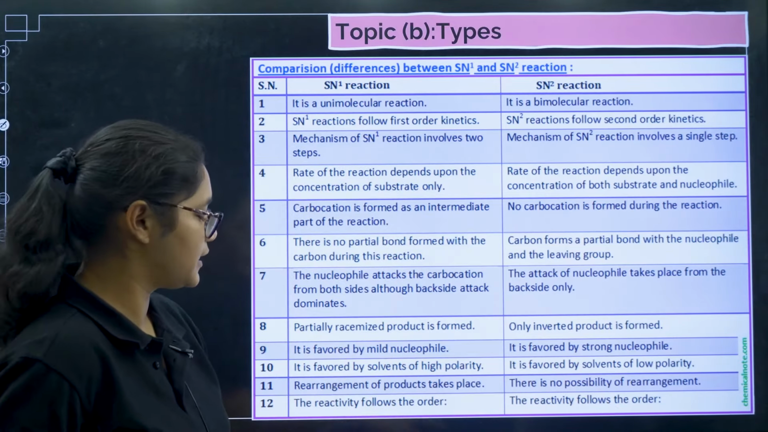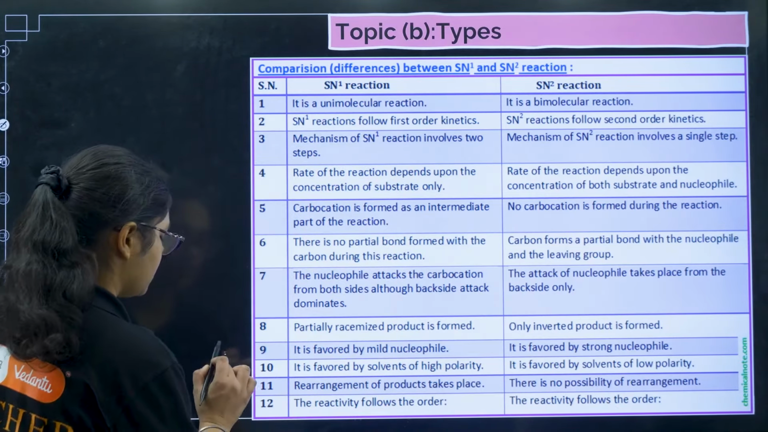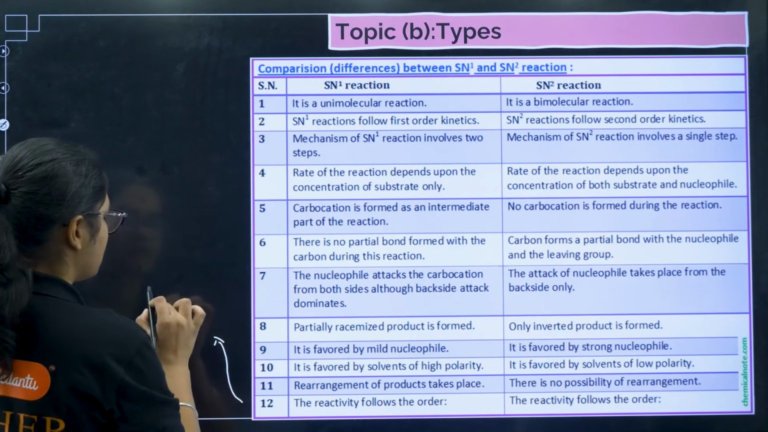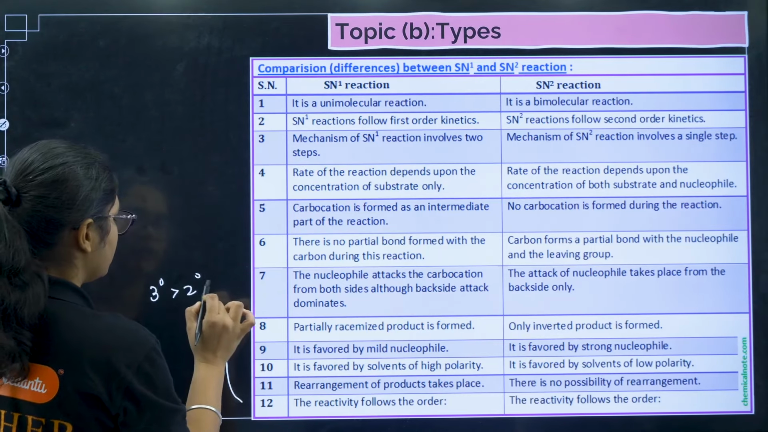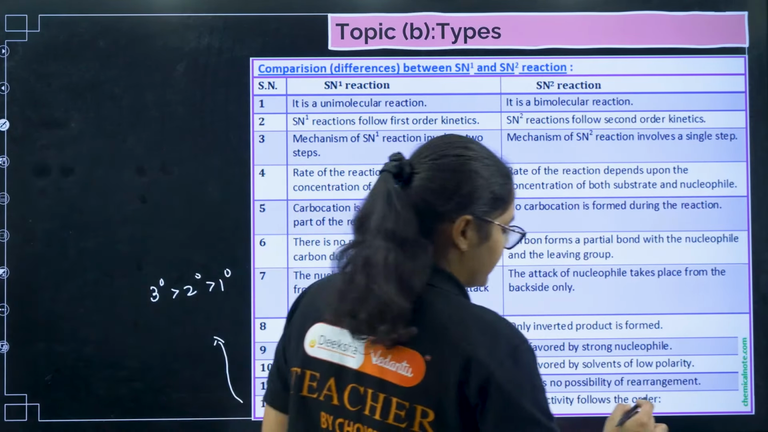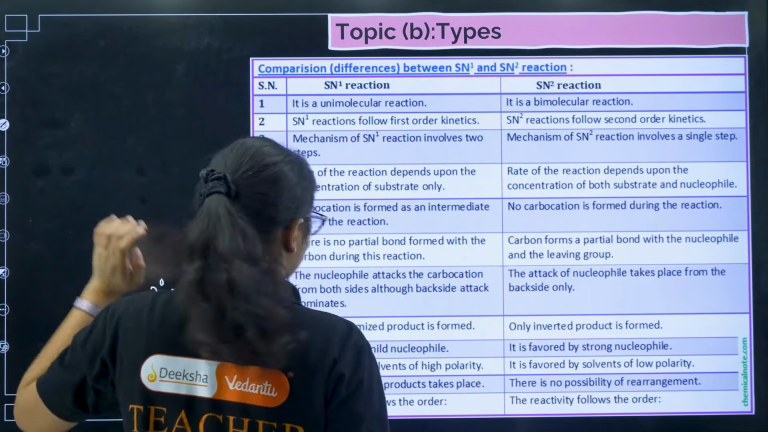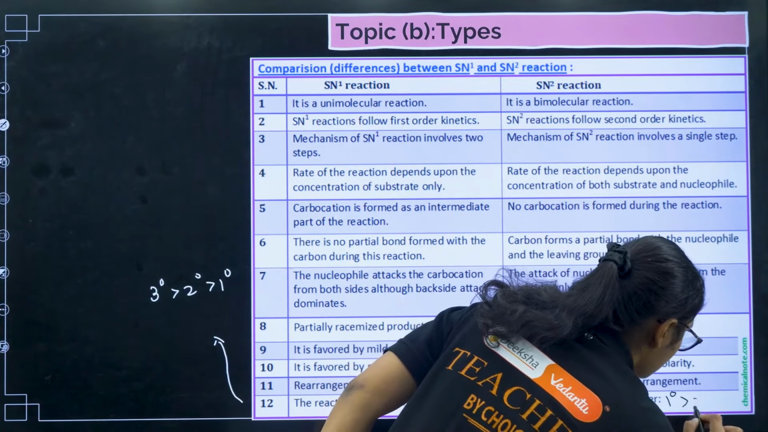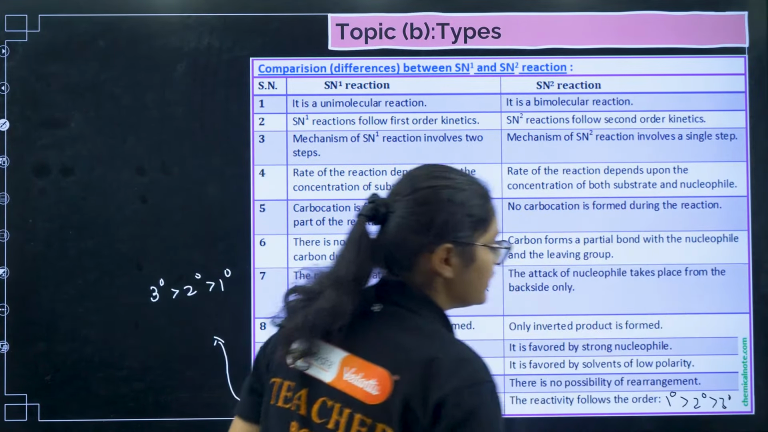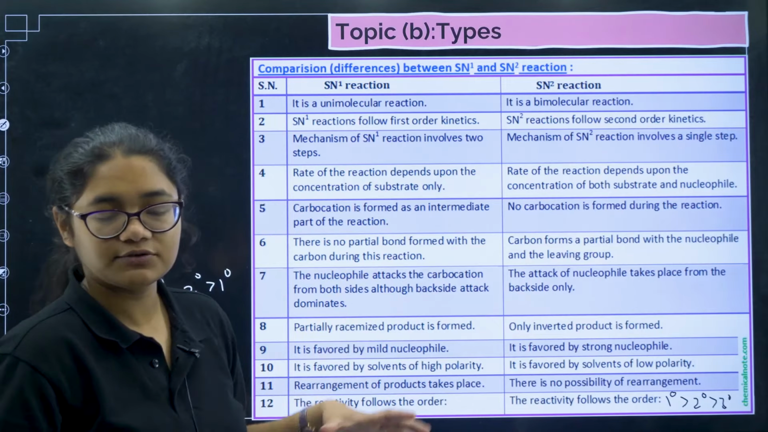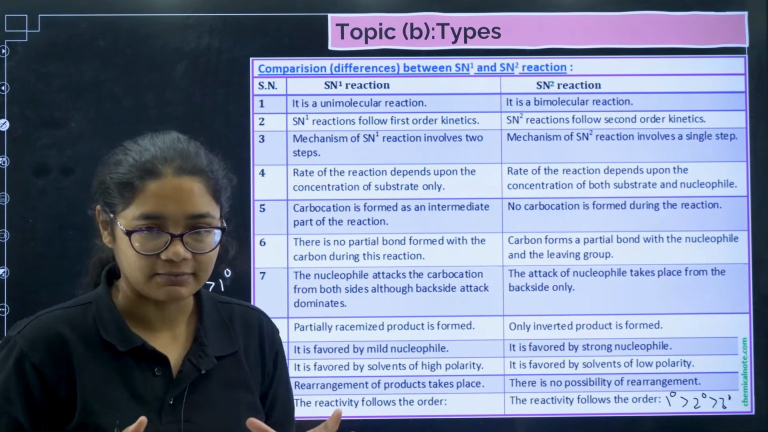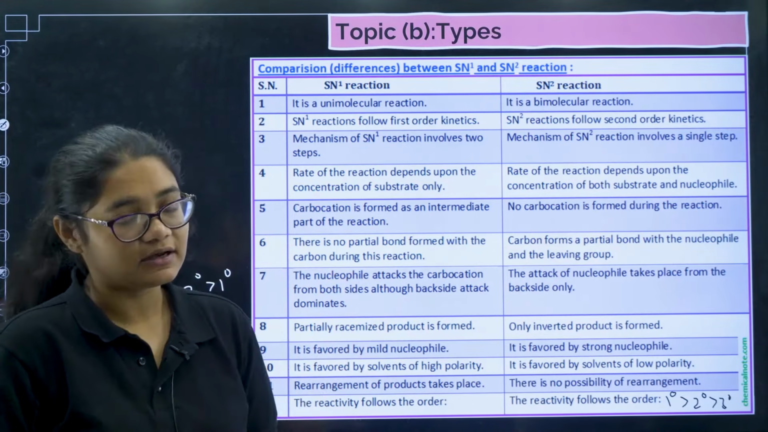Why? Because here carbocation formation is there. And 12th one, the order of the reaction for SN1 is 3 degree, 2 degree and 1 degree, and for SN2 it is 1 degree, 2 degree and 3 degree. Okay, so these differences you can remember, any three differences can be asked, so please prepare any three differences